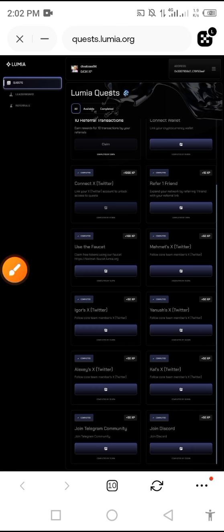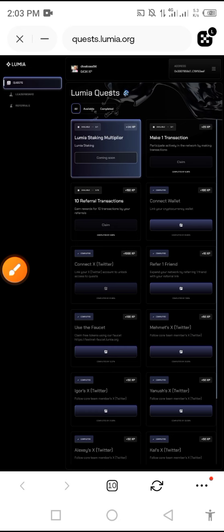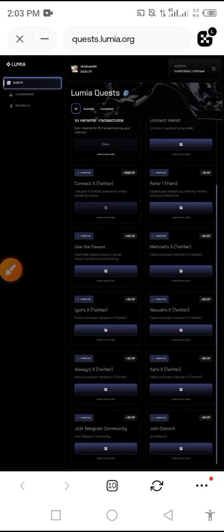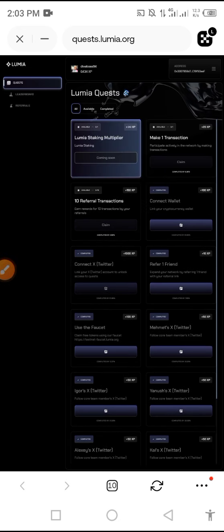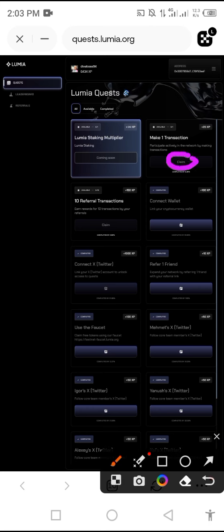After doing all these tasks, it will take them 1 hour to verify it. Okay, even if you didn't do them, just click on one of them. You click, it takes you to the browser, you come back. After 1 hour, they are going to verify it. So after verifying the account, they are going to give you your points, okay? You just come and claim your points. Just click here to claim, and you claim. As you can see the XP that I have gotten already,